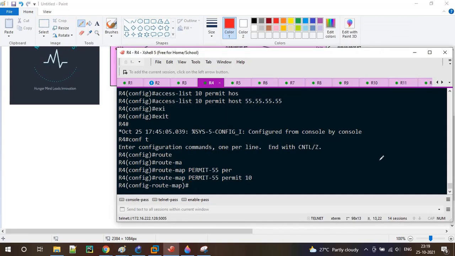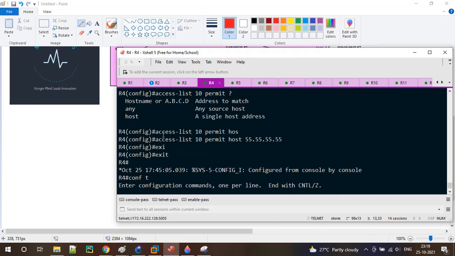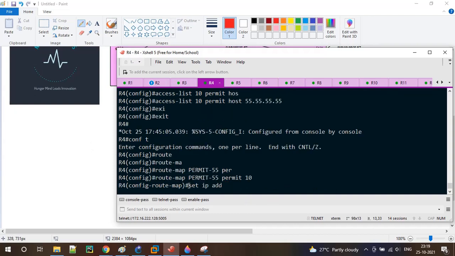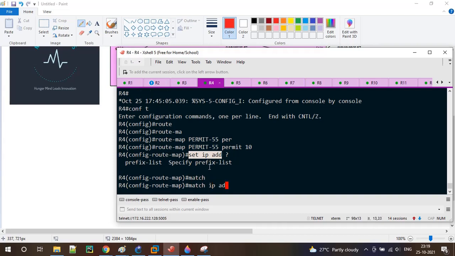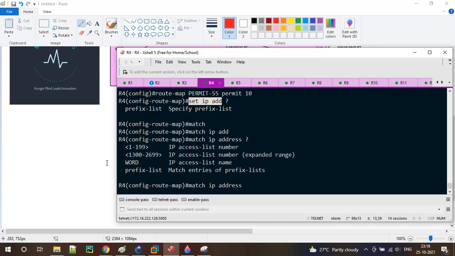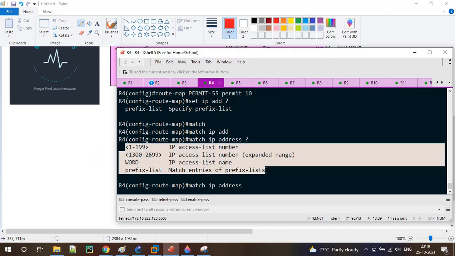So what happens here, let me set IP address. Don't get confused, because set IP address, I'm not going to set the IP address. Sorry, not set IP address, because we are going to match, right? Match IP address. It is going to give you different options that you can use.